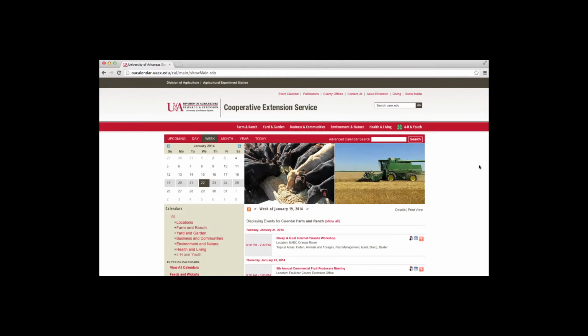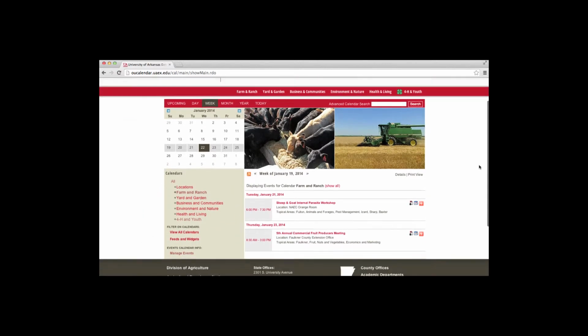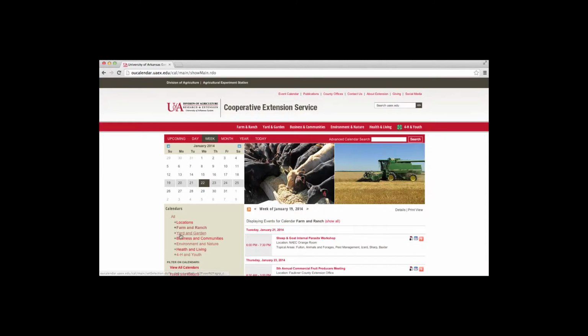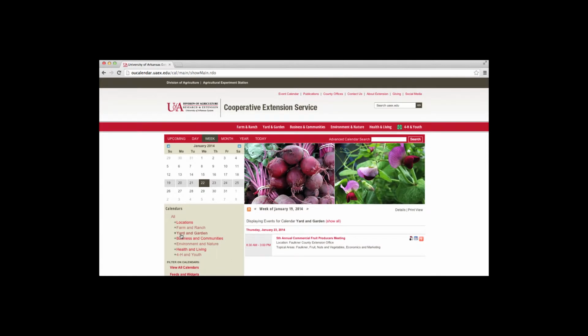Once on this page, you'll notice that you can look at the calendar by viewing it by day, week, month, year, or by category. You'll notice that the calendar can be split by locations, farm and ranch, which is what is being shown now, yard and garden, environment and nature, and so on. For example, if I click on Yard and Garden, we'll notice that it brings up upcoming events for the week